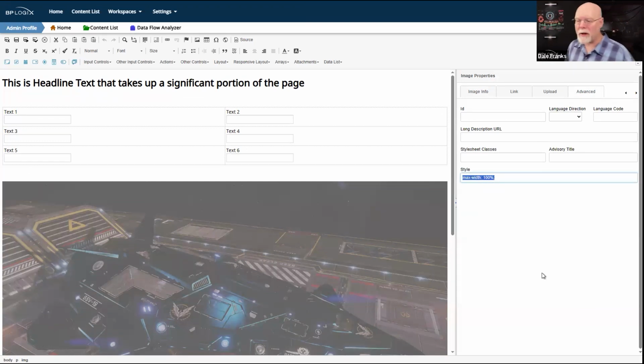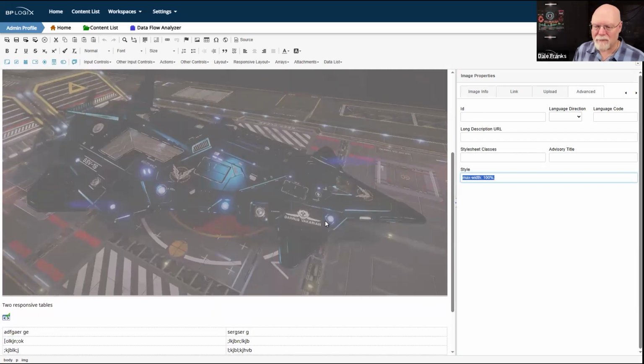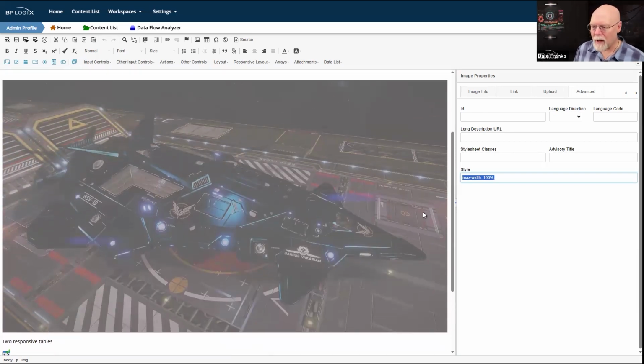So if I want an element to fill the screen, no matter what size it is, max width is great, because what it says is, like, this is an image, and I don't remember how big this image is, but it's at least 1920 by 1080, right? So this is a fairly big image. And I obviously can't show it at 1920 by 1080 on every screen, certainly not on a tablet or a phone or what have you. So I do want to show the whole image, but I don't want to have to force people to scroll left and right to see the thing.